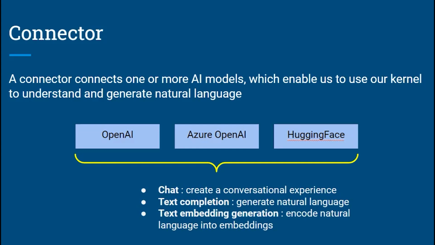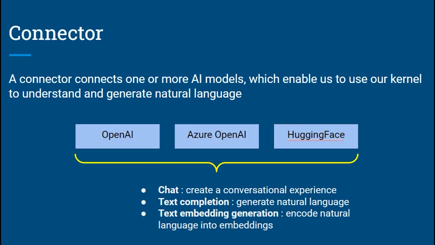And each of these types of connectors allows you to do 3 general types of functions. First is to chat. Chat is basically a sequence of messages passed between the user and the large language model. Second is text completion. These are not necessarily chats. These are much more in the traditional sense: given a series of text, what would a large language model do to